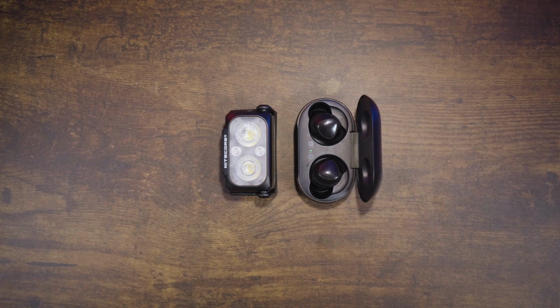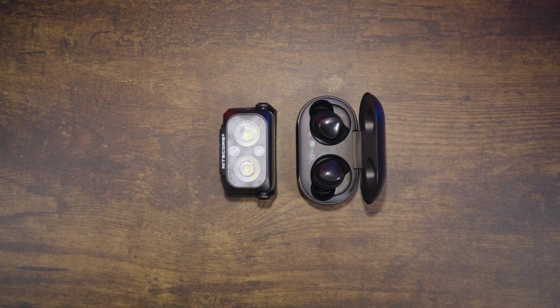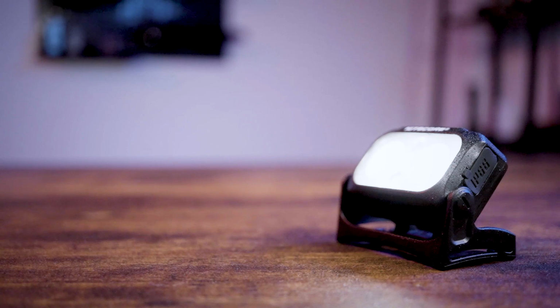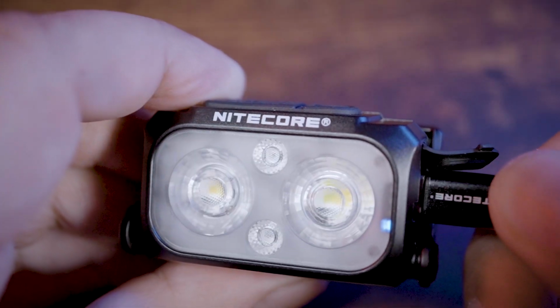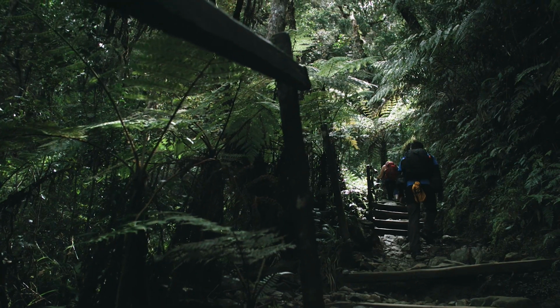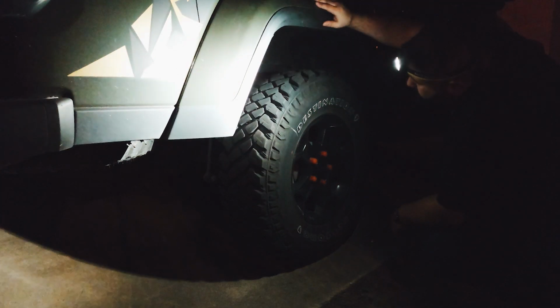Now here's my take on the Nitecore NU25 MCT and the NU25 MCT UL. These little headlamps are so light, you can easily forget that it's on your head. It's lighter and smaller than your earbuds, yet packs a lot of features that other headlamps are lacking. It's 400 lumens with multicolor temperature, rechargeable, durable, water and dust proof. What else do you need? Whether you're hiking, camping, running, or just like to do your DIY projects at night, this